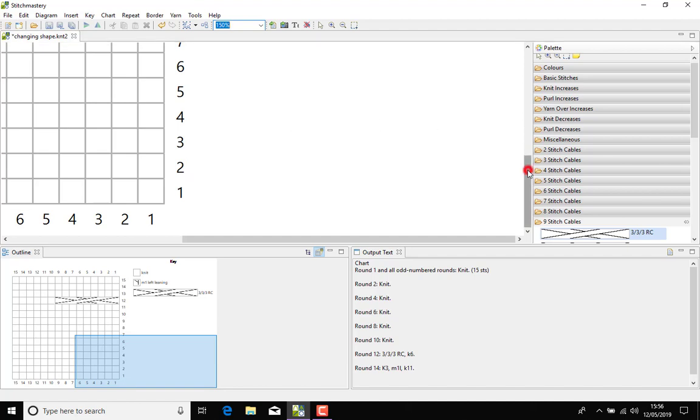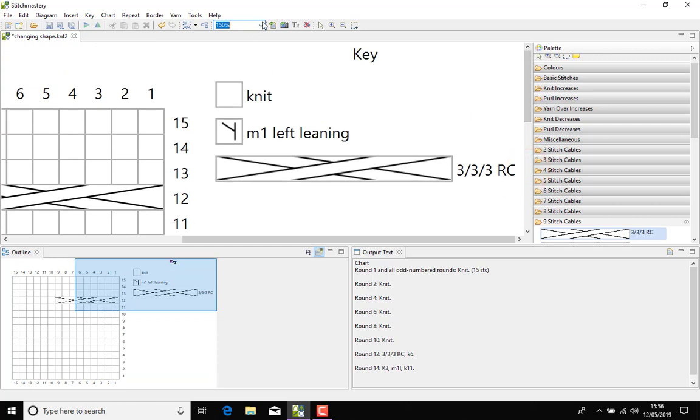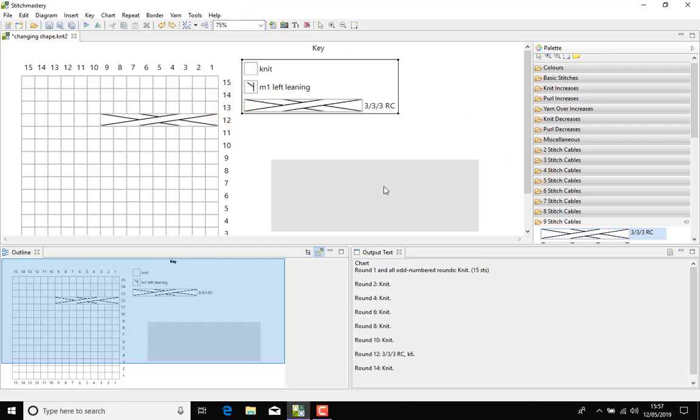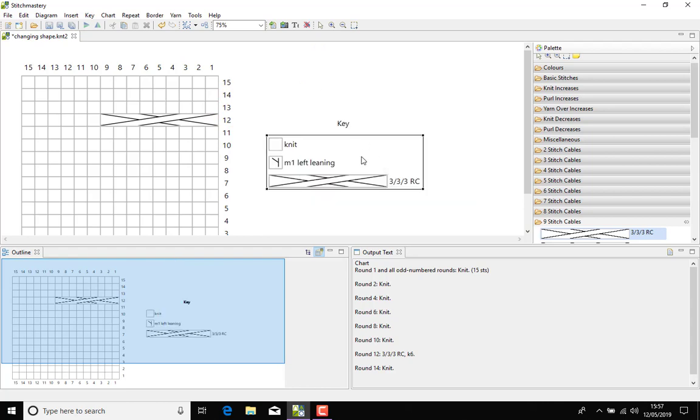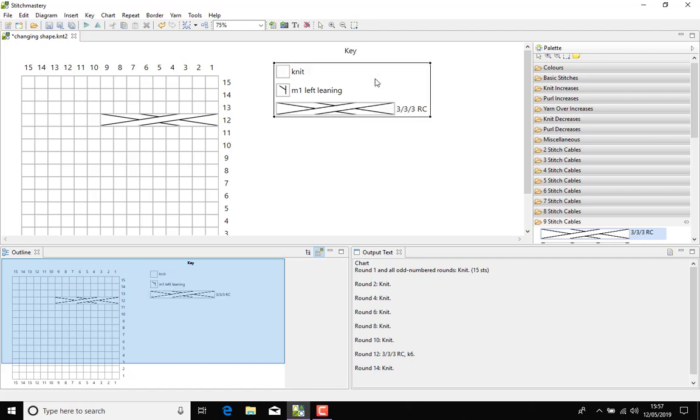And the other part of that was the animated layout. What that means is that I can drag my key elsewhere, and again we did see a little bit of animation down here in the outline view, but you don't see the key itself moving around, it just clicks over in an instant.